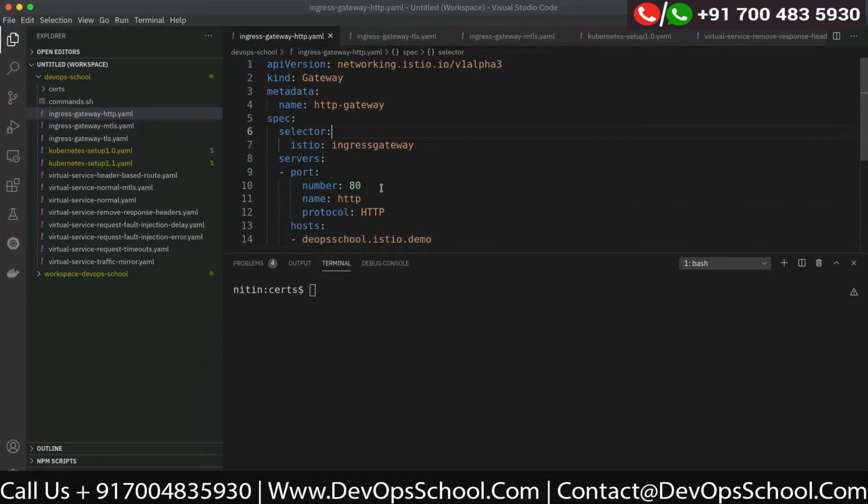Yeah. So what you have is an object of the Istio API. In the API version, you give the path of what API you're using. And then kind means, as you know, in Kubernetes, what type of object you want to create. So the type of object is gateway only. Whether it is ingress gateway or egress gateway or whatever gateway it is, the kind will be gateway only. And using the Istio selector, Istiod knows whether it has to create an ingress gateway or an egress gateway.